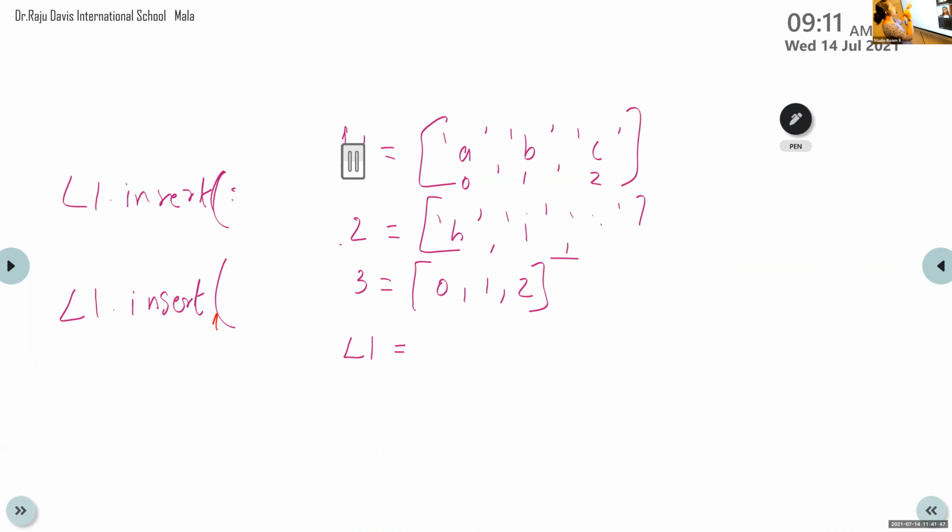L1 is A, B, D. Then L1 dot insert 2, comma C. Then 0, 1, 2. Here C will come. After that D will come. So it will be A, B, C, D. Right? Yes. A, B, C, D.